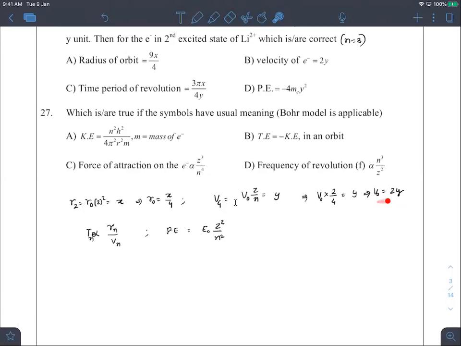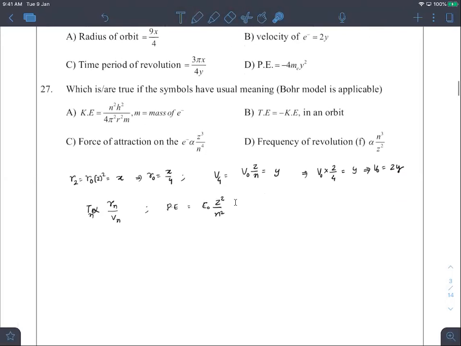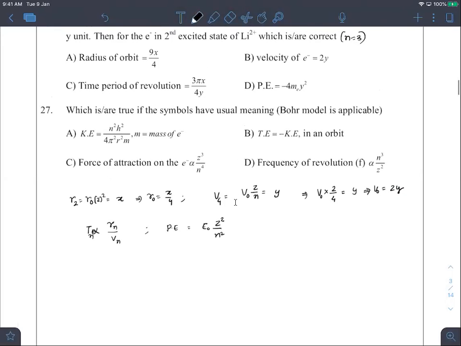V naught is equal to 2y, R naught is equal to x by 4. Use that for fundamental here. So radius of third orbit is equal to R naught n square by Z. This is the general formula. R naught is equal to x by 4 into n square, which is 3 square divided by